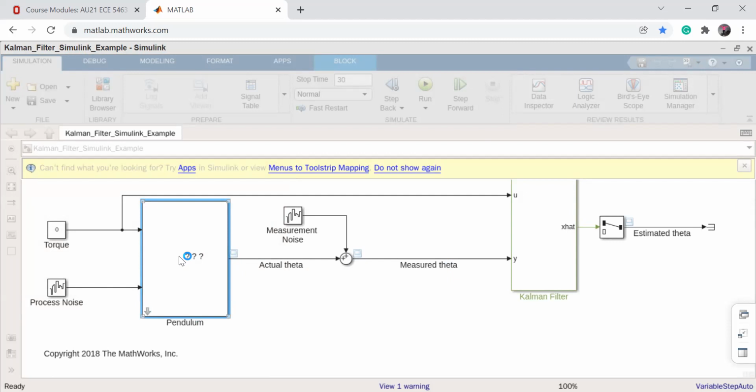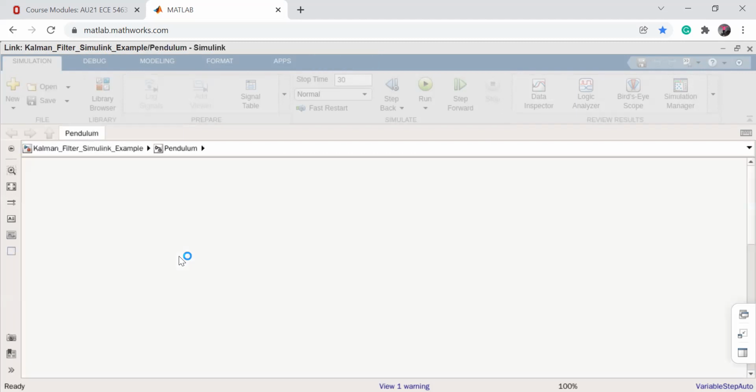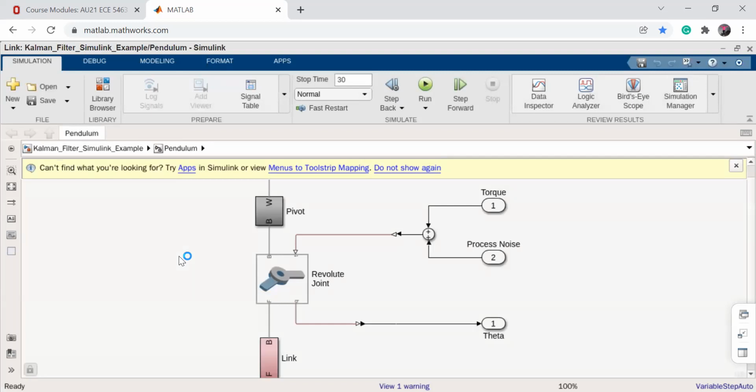So this is your system process. This is process noise that's hooked to the motor. Actual data comes from here because this is your model. Right there, this comes from SimMechanics. You have your revolute joint, you have your link,